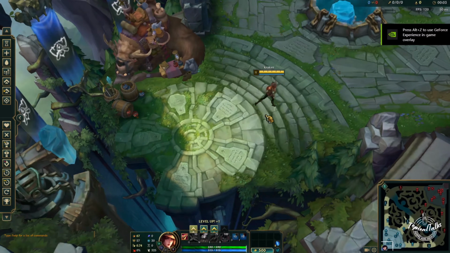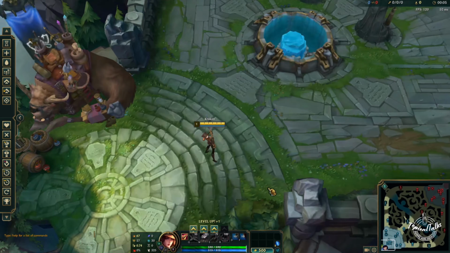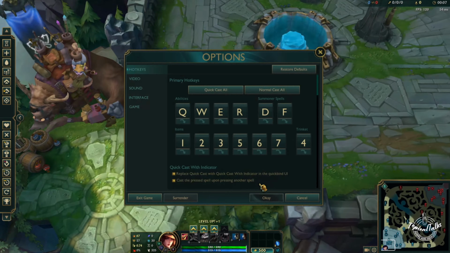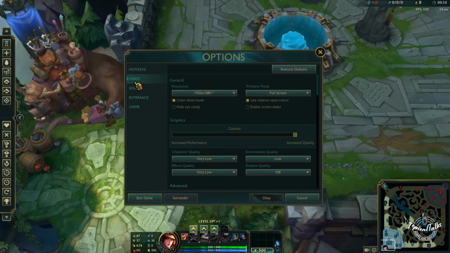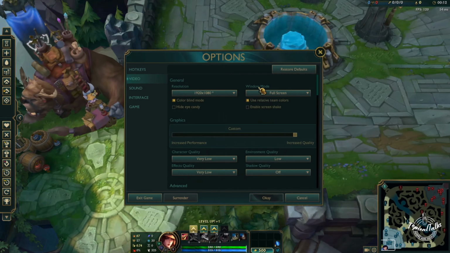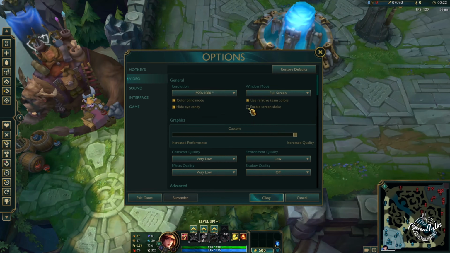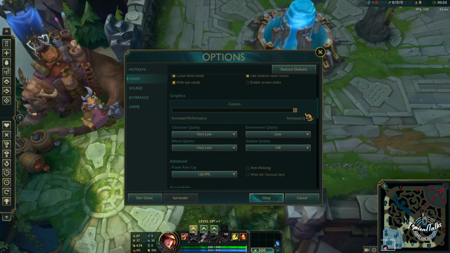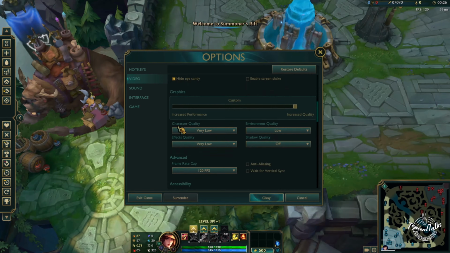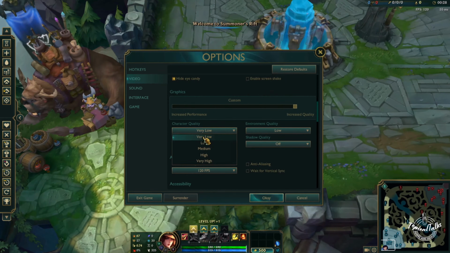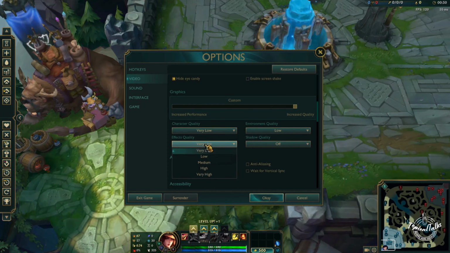After getting into a game, you need to tweak some settings, so press escape, go to the video tab. From here, change the window mode to full screen, enable hide eye candy, disable screen shake. From the graphics tab, lower every possible settings, so character will be very low, effect will be